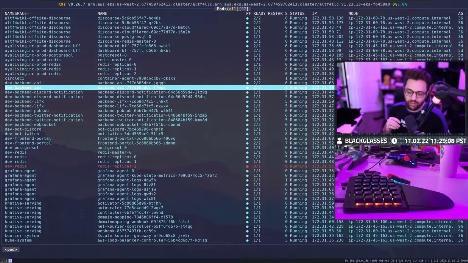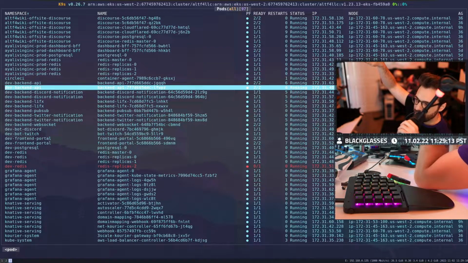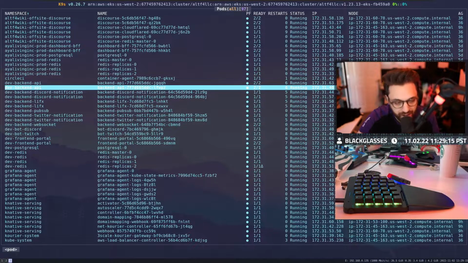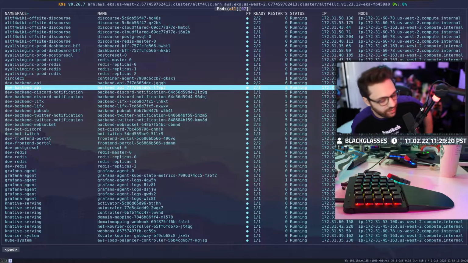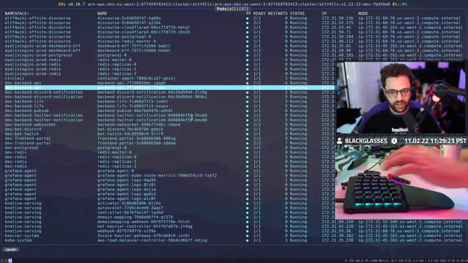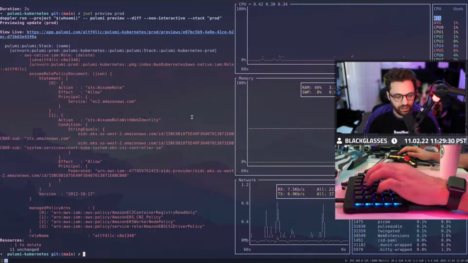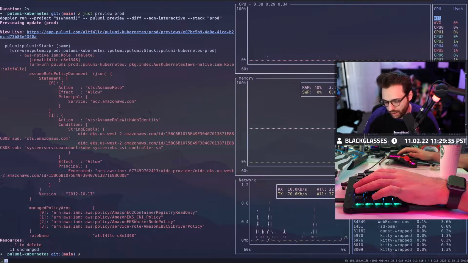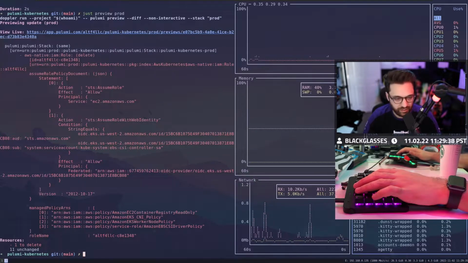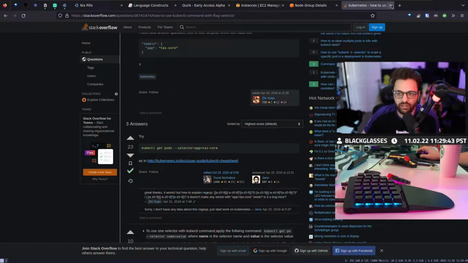So, here's the real analysis here, and here's the problem with EKS. EKS is bare bones, dude. It's unfortunate, but it's true. It's so bare bones. And you really have to add everything that you want to it for it to work the way that you want it to. That's why they give you these limitations on specific sizes, like how many pods you can put on an instance, or other limitations and stuff like that.